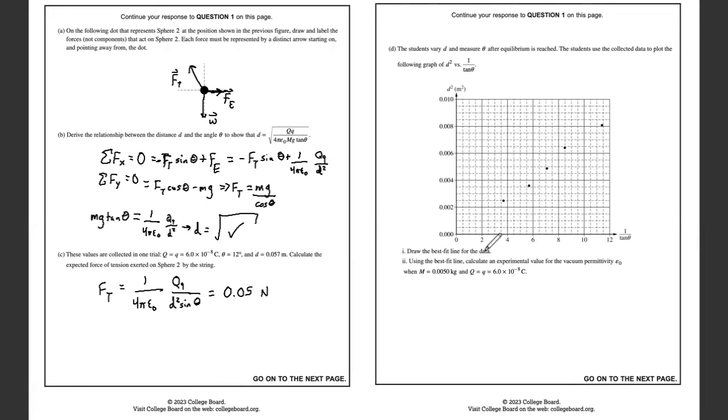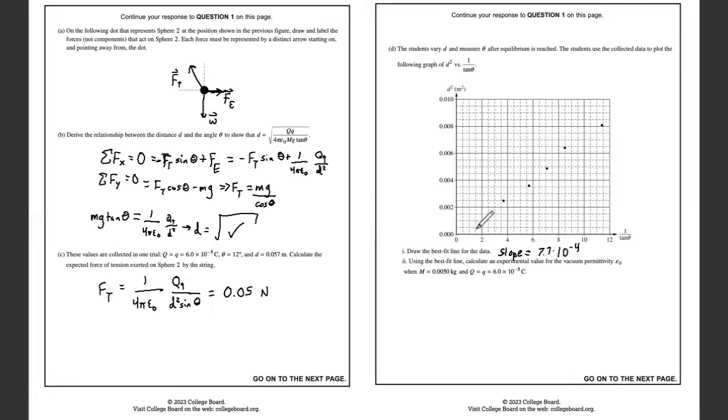The slope itself, I calculated from my best fit line, which I'm not going to try to draw here. I could estimate it, but it's going to be different than what I actually had on paper. I got that the slope was 7.7 times 10 to the negative fourth power. Now, the points that I used for that, if you want to try to draw out your own best fit line and check, I used 2,